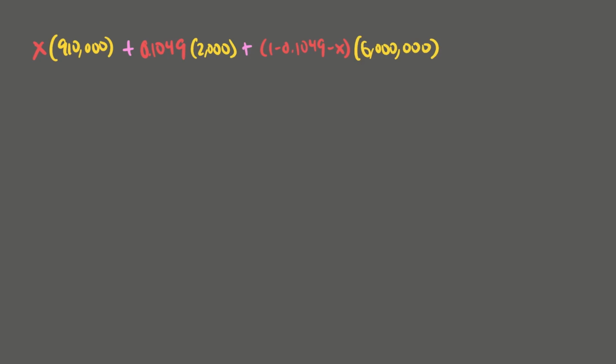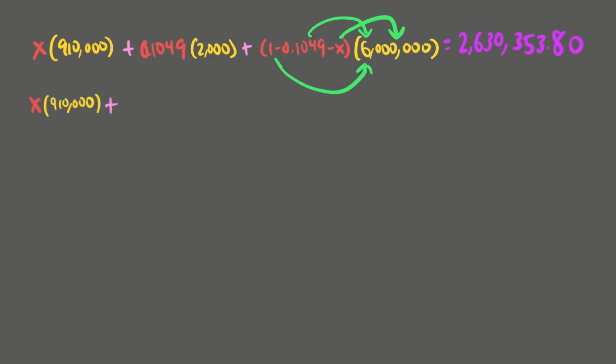After rewriting the z variable, our equation is now x times 910,000 plus 0.1049 times 2,000 plus 1 minus 0.1049 minus x times 6 million equals 2,630,353.8. Now we can expand the equation and solve for x. Keep in mind the order of operations. We need to distribute the 1 minus 0.1049 minus x with the 6 million. The result is x times 910,000 plus 0.1049 times 2,000 plus 6 million minus 629,400 minus 6 million x equals